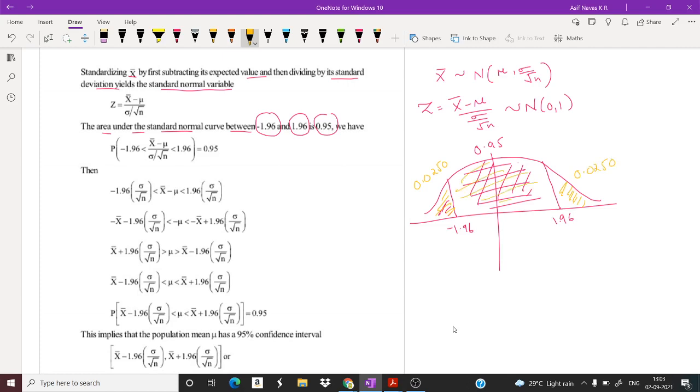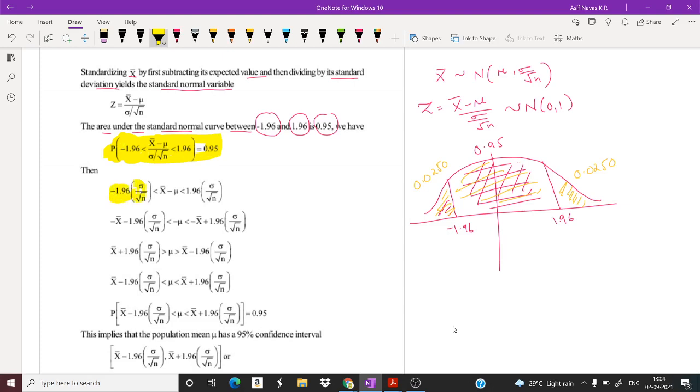So this total area is 0.95. So from the normal table we have the probability of minus 1.96 less than or equal to (x bar minus mu) by (sigma by root n) less than or equal to 1.96 is 0.95. So this is the probability. That means, which implies from here we can take minus